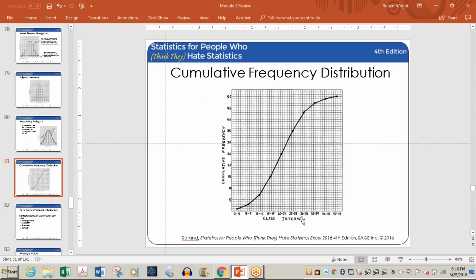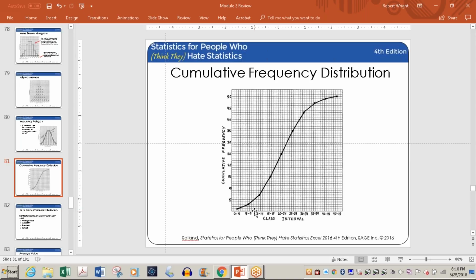This is kind of an interesting one because it's maybe a little harder to understand, but once you realize the concept behind it, it's pretty cool. Here you have your different class intervals, the different ranges. If you look here, this one only showed up once, this one showed up 3 times, but as this curve gets steeper, it demonstrates 2 things. First of all, it shows the higher range of things, but it also shows how much that interval contributed to the cumulative, the total number of responses.